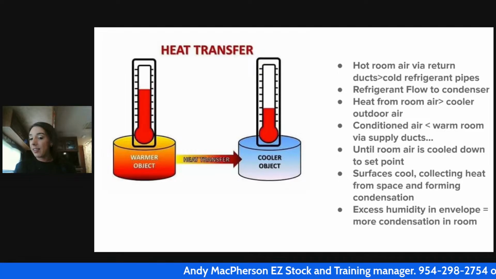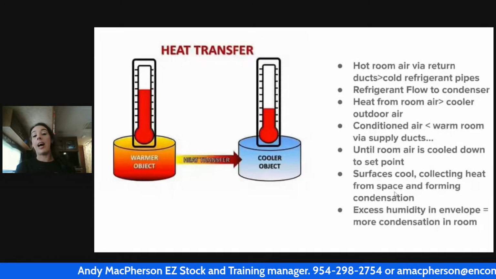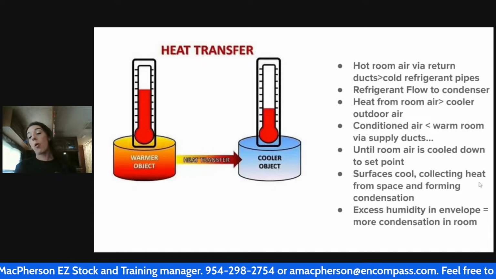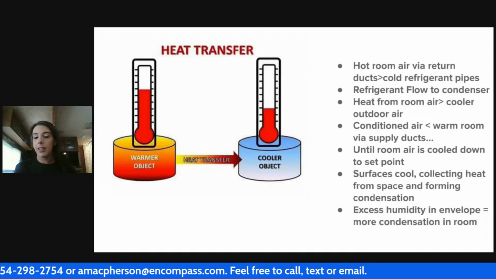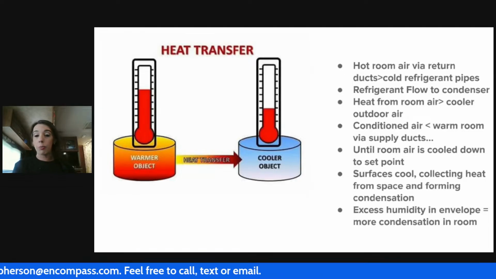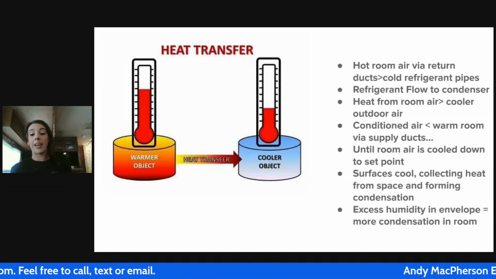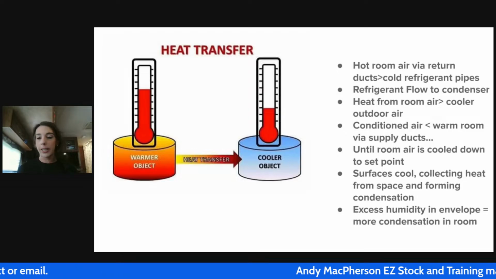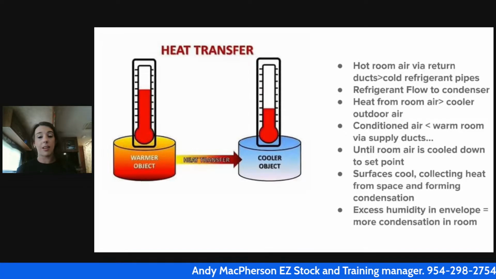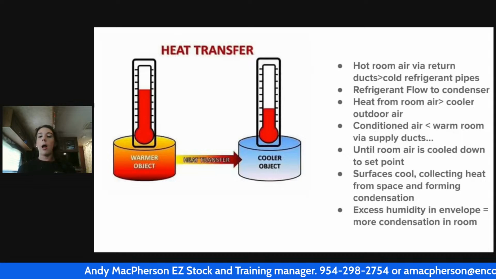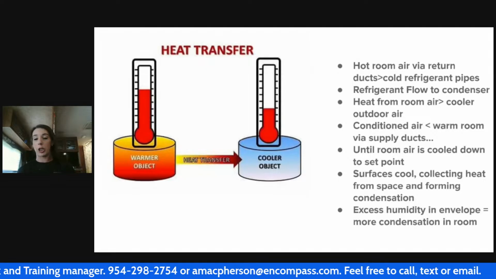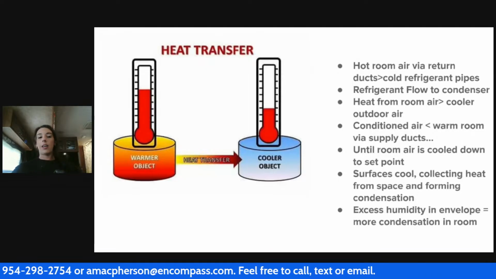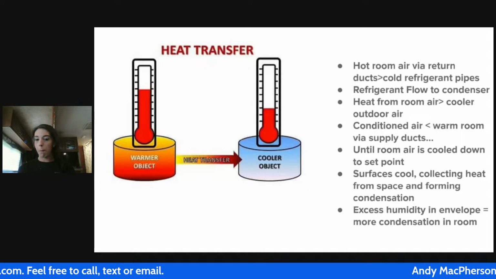This is a good thing, except in situations where we might have an oversized air conditioning unit or an overcharged air conditioning unit, a unit that is not running enough, that is short cycling. In that case, in high humid areas, we might have lots of humidity in the space. And it depends on infiltration, envelope leakage. Is it an older house that doesn't have great insulation? These kinds of things all play a factor. But if we have high humidity outside that is being brought into the house via cracks and depressurization and all these things, if we have that humidity coming in and then we're cooling that air too quickly, but we're not